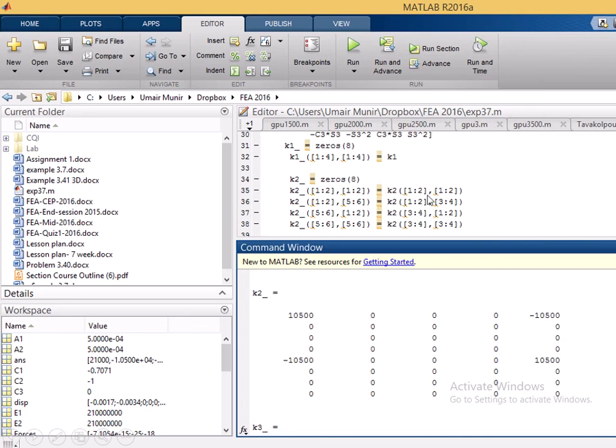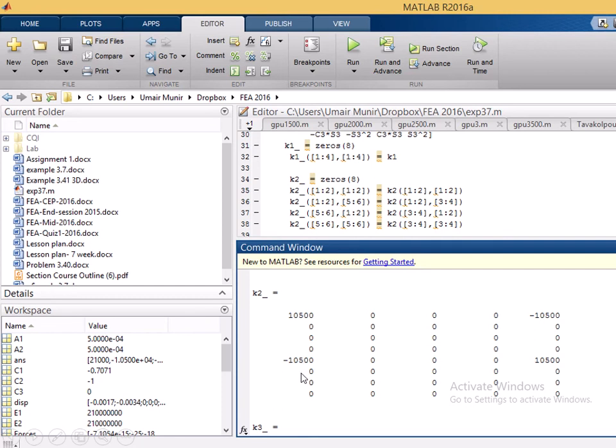So if you go back and see the K2 matrix, it will be these four elements at this place. In the second line, 1:2 means first two columns, and 5:6 means